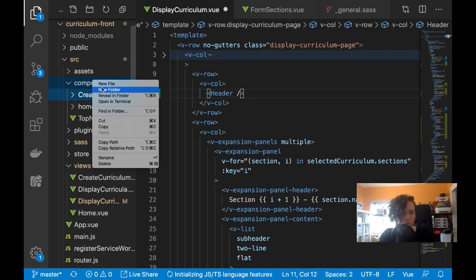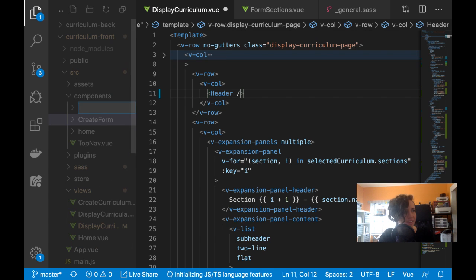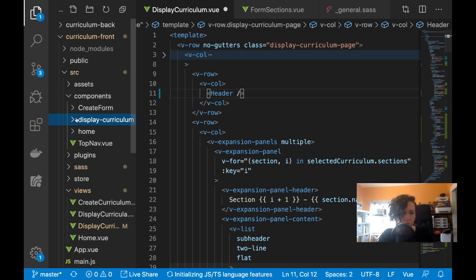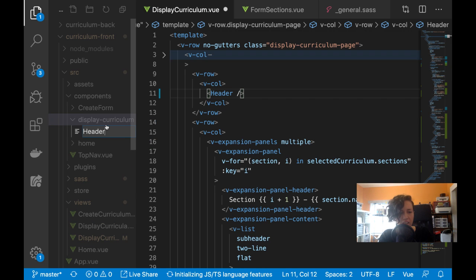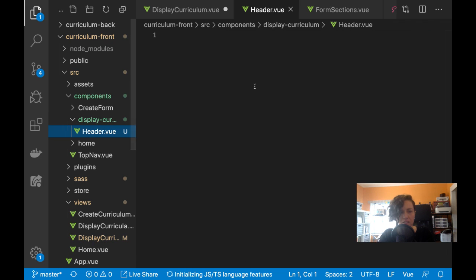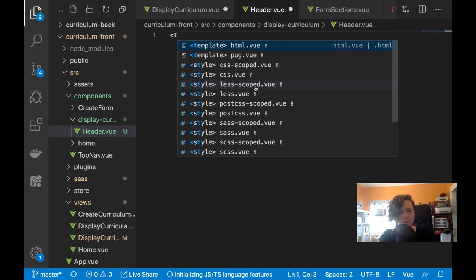So let me make a new folder and I'll call it display curriculum folder, and then make a new file, and I'll call it header.view, and in here I'll do template,